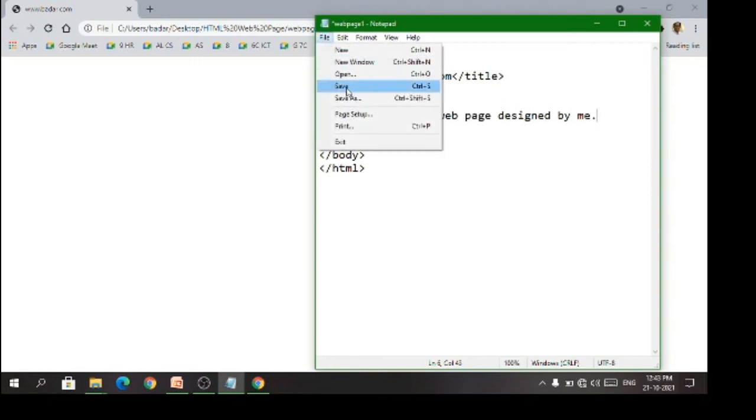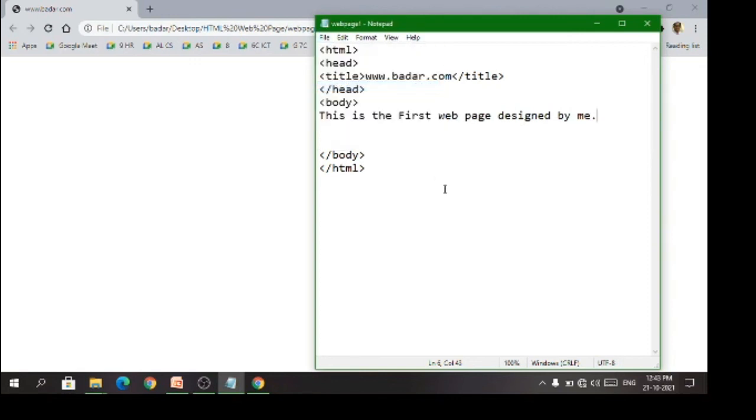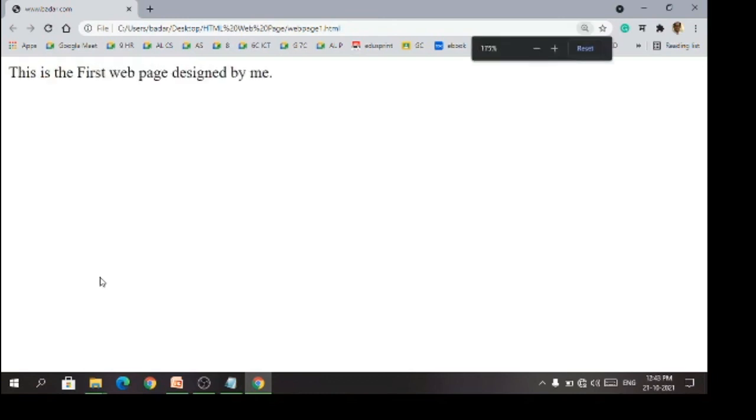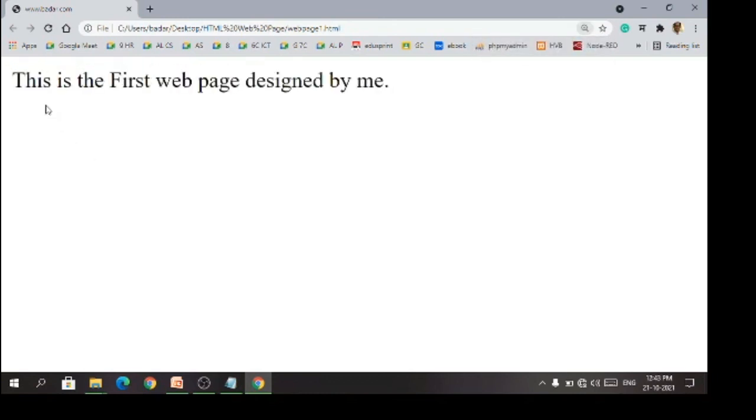I will say file, save, or I can press Ctrl S also, and then I will go to the browser and click on refresh. Here you can see the content which I have specified. It displays on the web browser: this is the first web page designed by me.